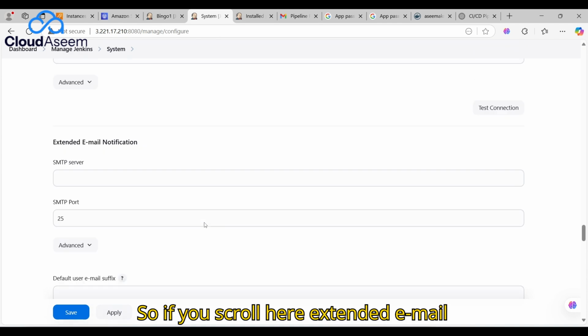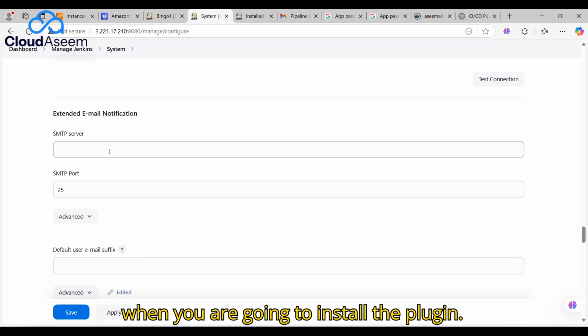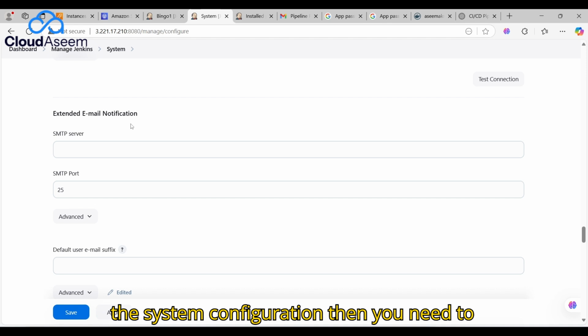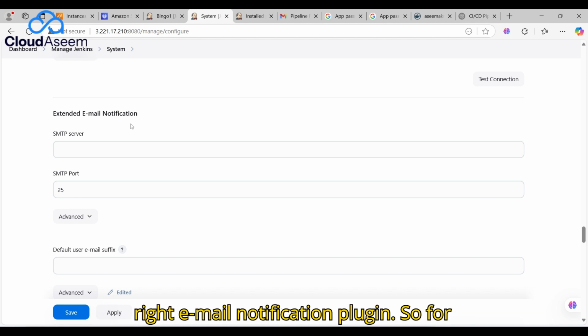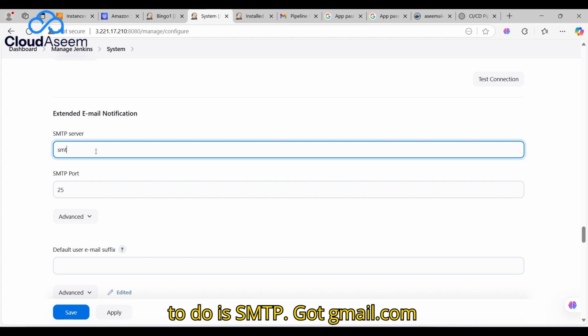Okay. So if you scroll here, extended email notification. This will be configured when you are going to install the plugin. If you don't find this option in the system configuration, then you need to install the plugin which I've showed you, right? Email notification plugin. So for that use case, what we need to configure completely. So first thing what I'm going to do is